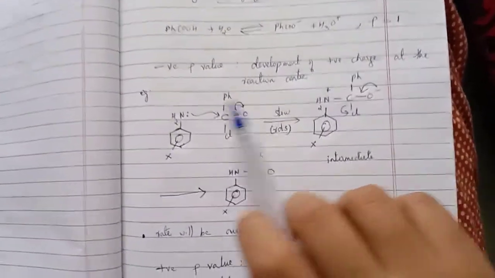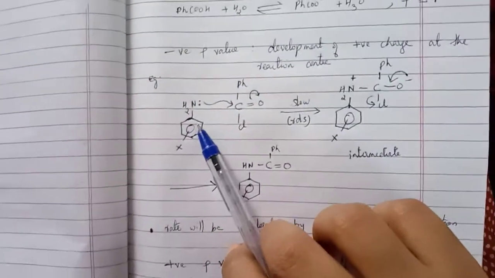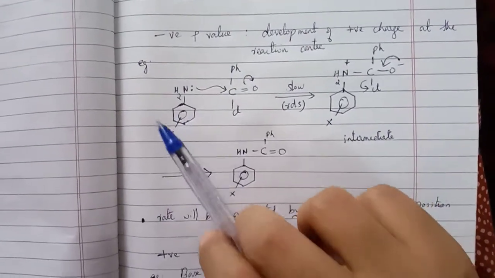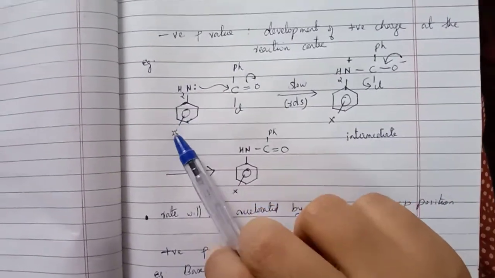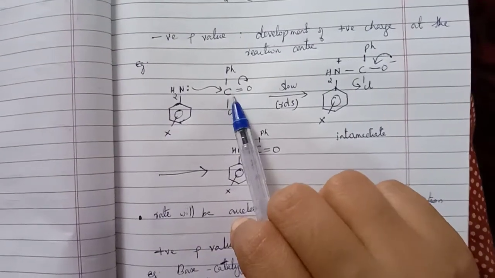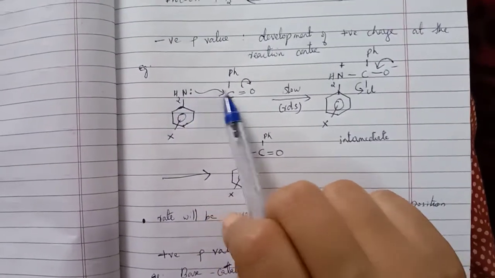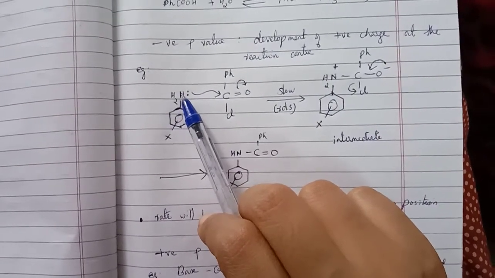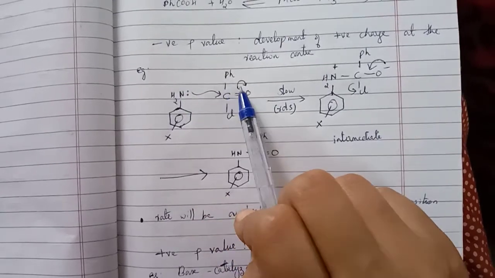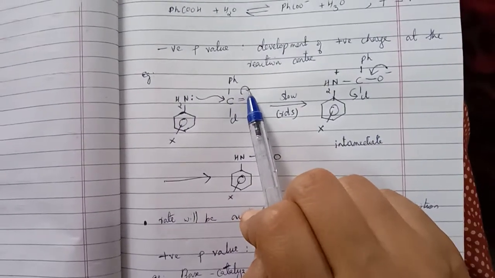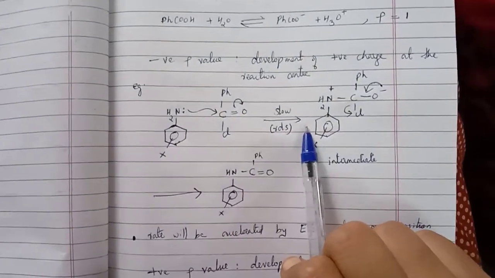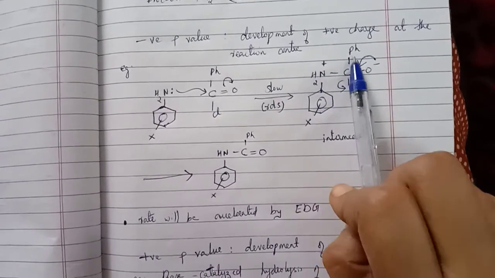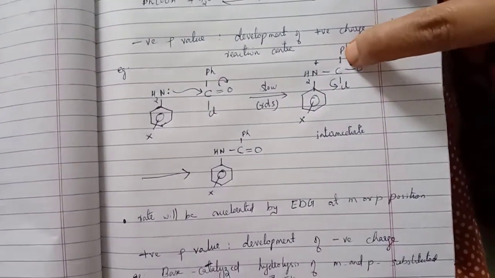We can see an example. This is the benzoylation of meta and para substituted anilines. Generally I am showing aniline like this. This is meta and para substituted aniline. In benzoylation, this is benzoyl chloride. The lone pair on the nitrogen of the NH2 group attacks the carbonyl carbon, and the carbonyl C double bond will shift towards the oxygen. This is the slow step or rate determining step. So this is the intermediate. Nitrogen will get a positive charge, and this is a tetrahedral intermediate. So these arrows will not be there.